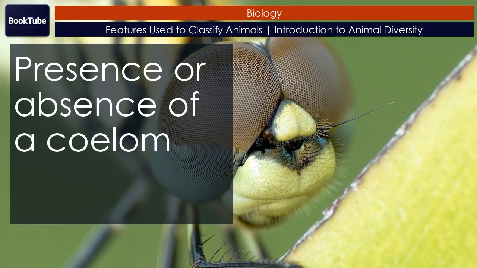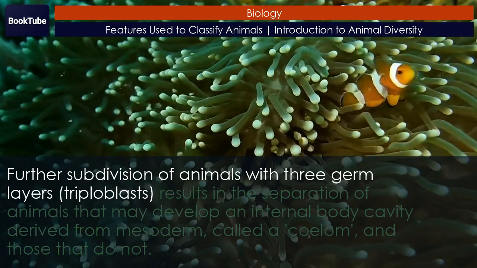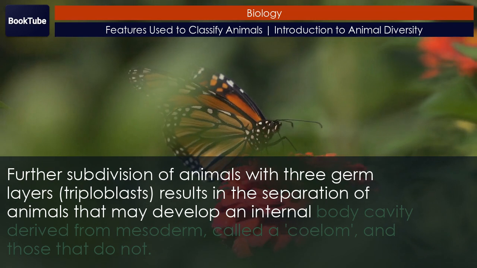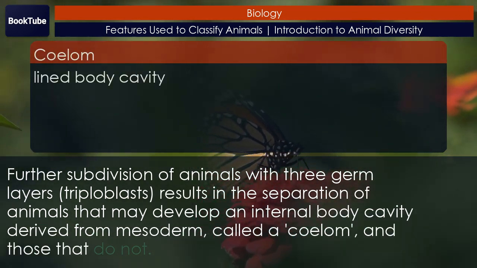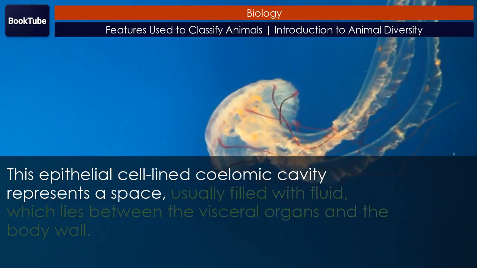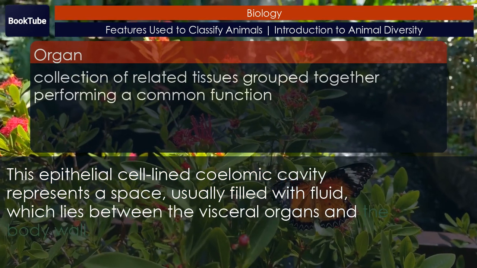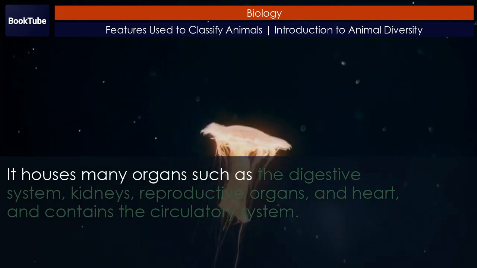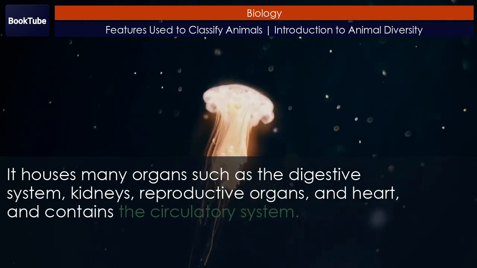Presence or absence of a coelom. Further subdivision of animals with three germ layers, triploblasts, results in the separation of animals that may develop an internal body cavity derived from mesoderm, called a coelom, and those that do not. This epithelial cell-lined coelomic cavity represents a space, usually filled with fluid, which lies between the visceral organs and the body wall. It houses many organs such as the digestive system, kidneys, reproductive organs, and heart, and contains the circulatory